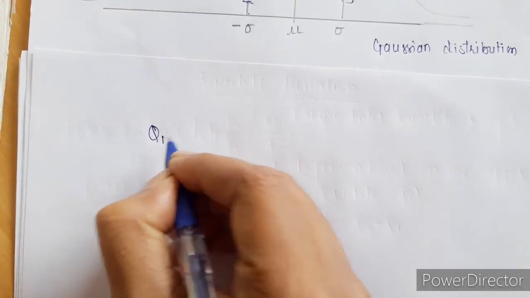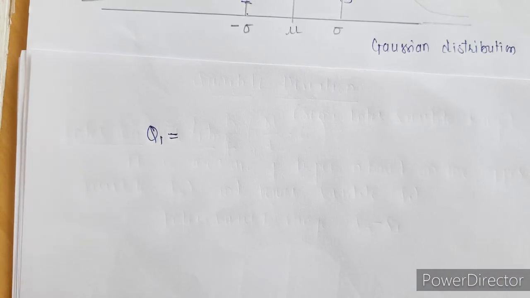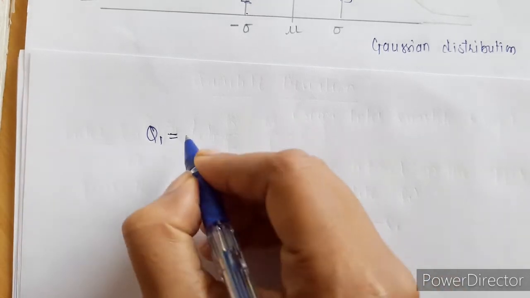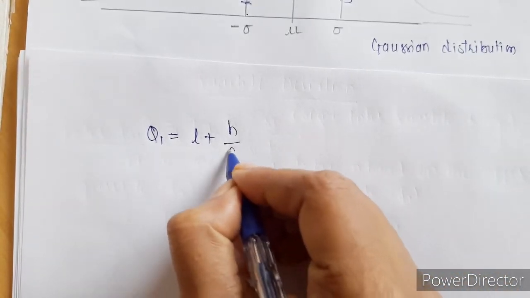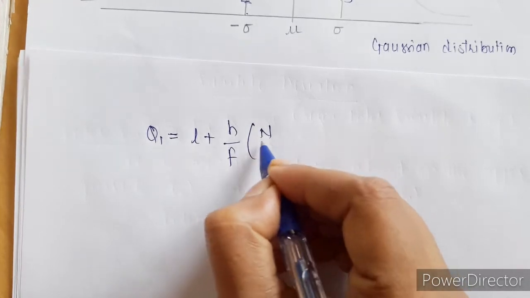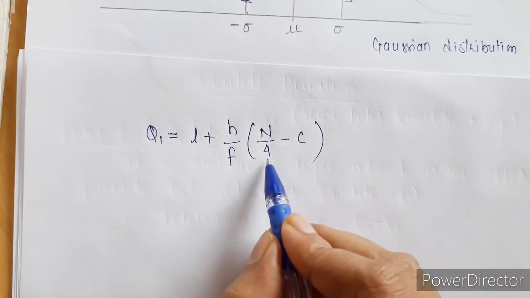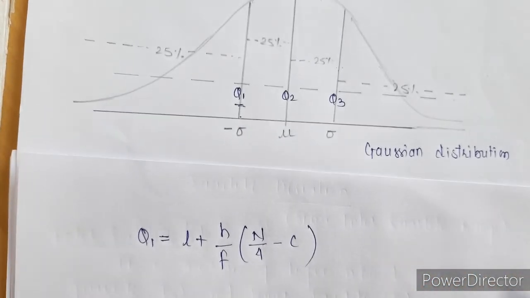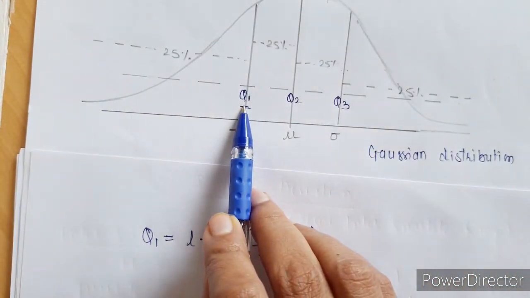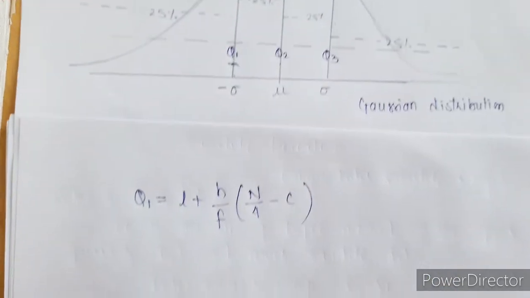So we'll start with Q1. It is the same as median, but in case of median we are dividing the data into 2 equal parts, whereas in quartile we divide it into 4 equal parts as it is a quarter of the data. So it's the same as median: L, that is lower limit, plus H, height, upon frequency into n upon 4 minus cumulative frequency of the preceding class. The only difference here is instead of n by 2, this is n by 4, as Q1 is the quarter part of the data, 25% of the data. And Q2 is the same as median.